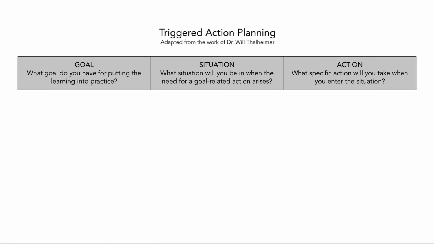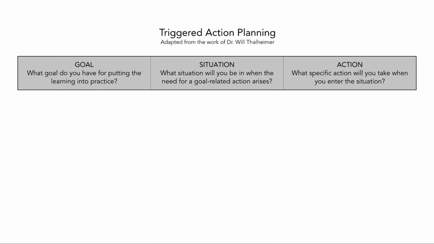Instead of just asking our learners what their goals are for implementing what they've learned, we also ask them to select situations when they will begin to carry out those goals. Doing this allows us to align context in our learning designs. This strategy, what researchers call an implementation intention, can result in a higher probability of successful goal attainment and therefore